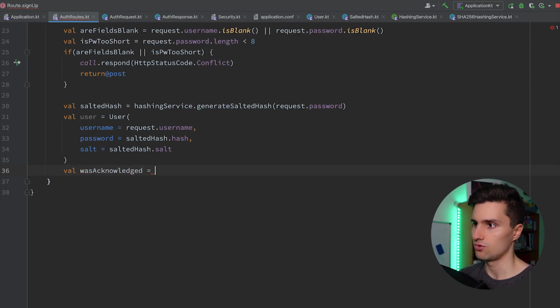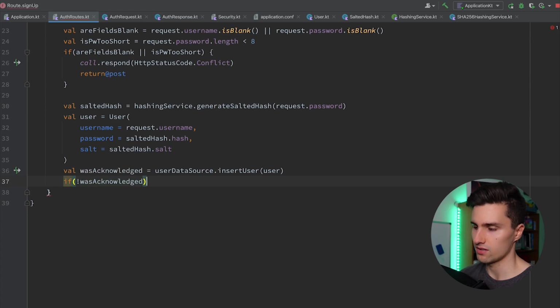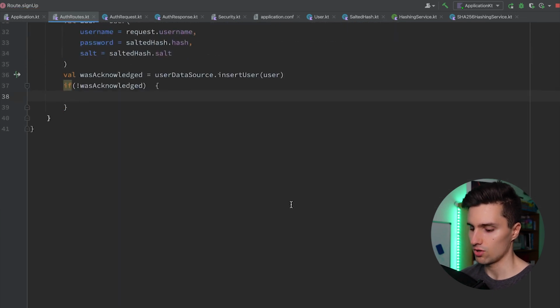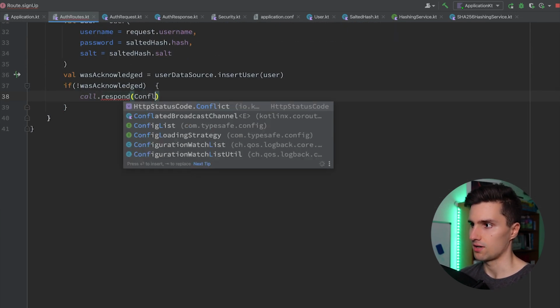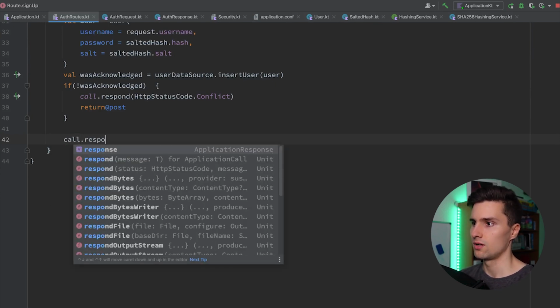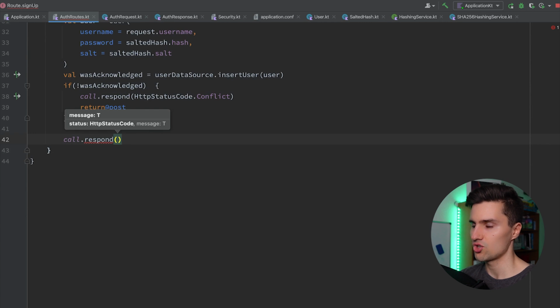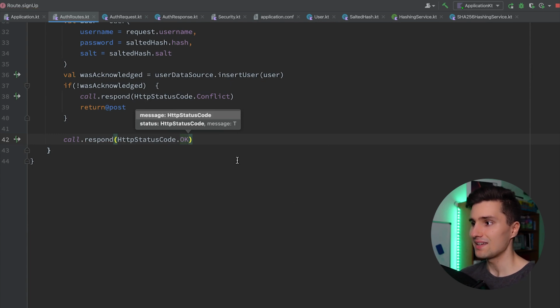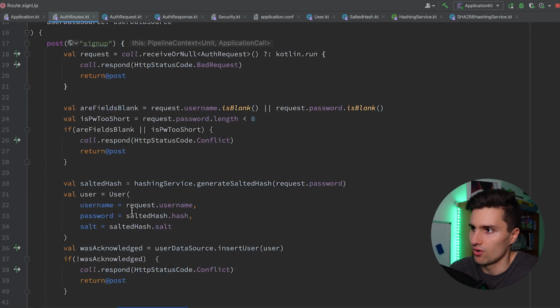Was acknowledged is equal to user data source, insert user, passing that user instance. And if that was false for whatever reason, which should very rarely happen, but it could, then we also want to tell the user, hey, there was some kind of conflict server side, and return here. And if that was successful, so if it was acknowledged, we finally want to respond with just HTTP okay. Like that. So that will just make sure the client will receive a successful response and they know the sign